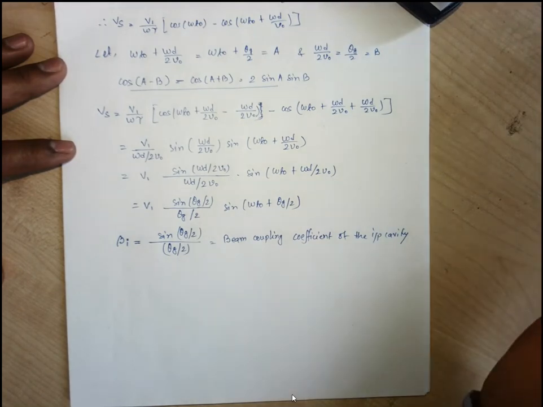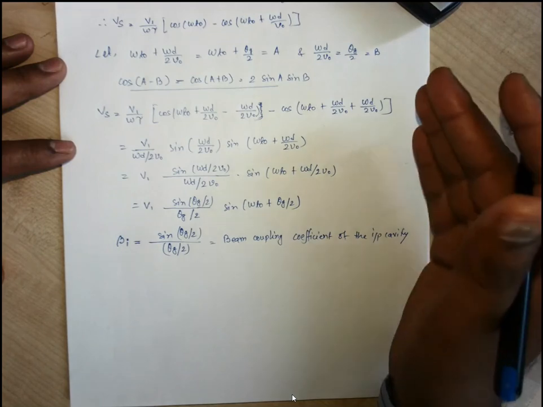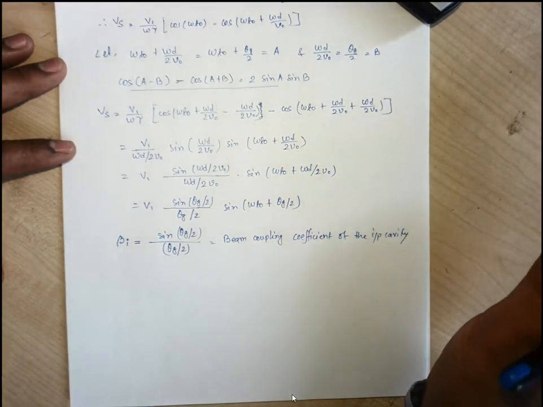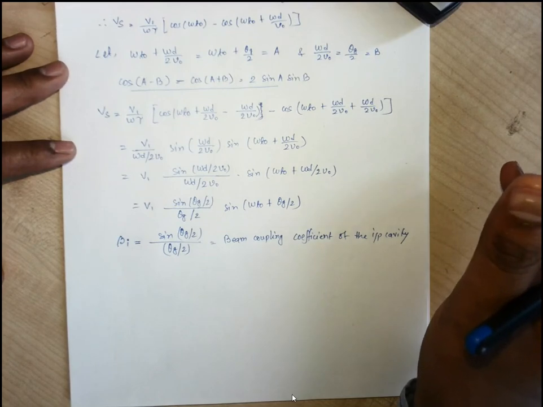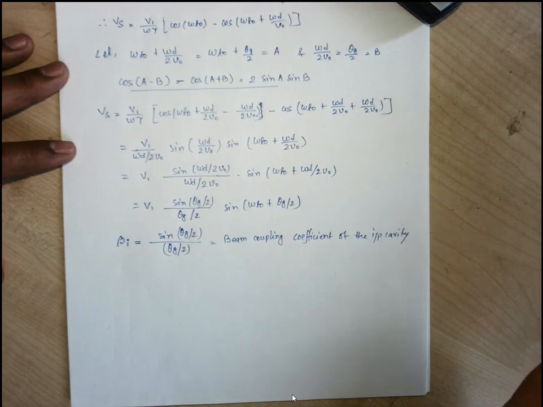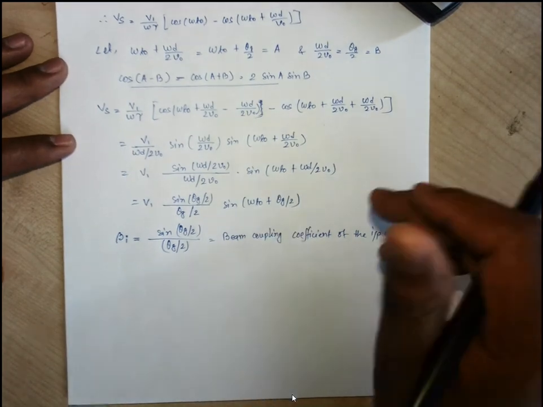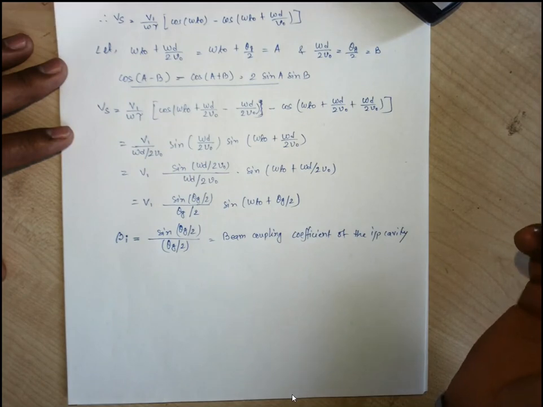So what is that velocity modulation? Velocity modulation is the changing of the velocity with respect to the RF input. So whose velocity is changing? Electron beam velocity is changing with respect to the RF input. That is what modulation is, one parameter changing with respect to another parameter. So here the velocity is changing, that is what velocity modulation is.